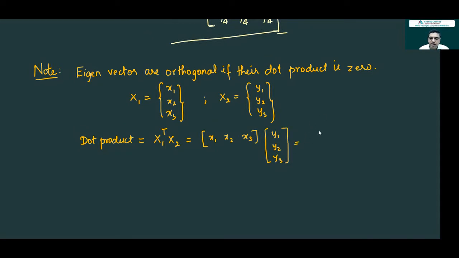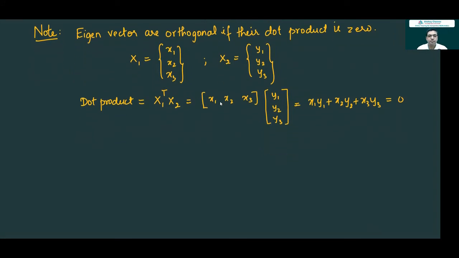So this will be a single entity, that is x1 y1 plus x2 y2 plus x3 y3 is equal to 0. So orthogonal eigenvectors means the sum of the products of their corresponding elements will be 0. Okay,